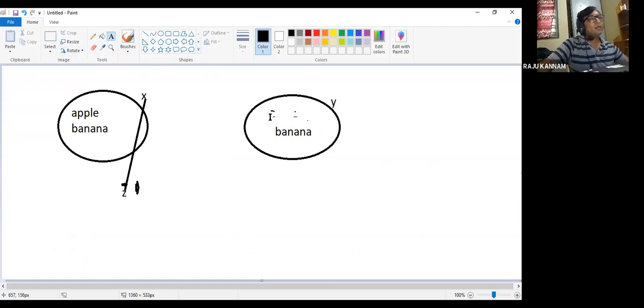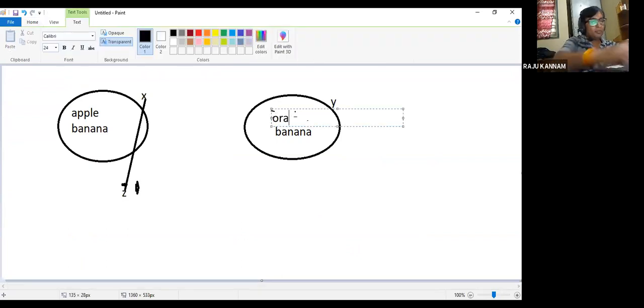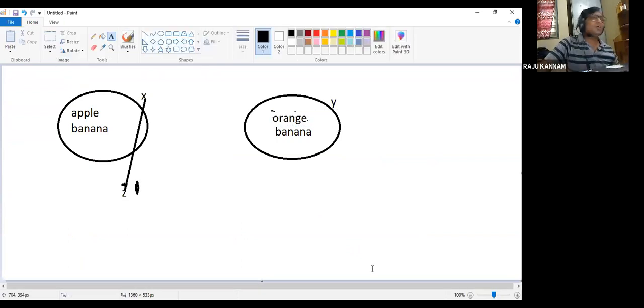Now this is x and this is y. For x, this is the memory allocated by the operating system. For y, this is the memory allocated by the operating system where the corresponding values are stored. So x is some set of memory locations, and y is some set of memory locations.